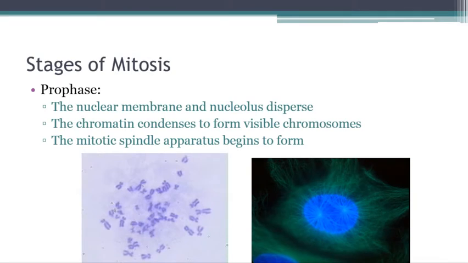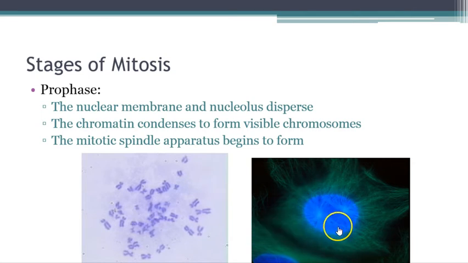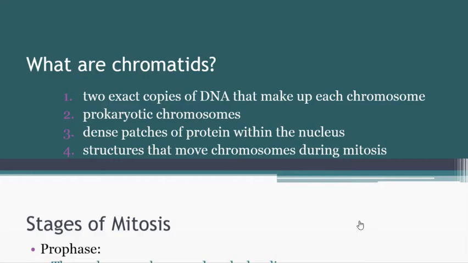The first stage or phase, you can call it whatever you want, is prophase. And this is where the nuclear membrane is going to disperse, right? It's going to break down, and the chromatin is going to condense, and you're going to get these nice little chromosomes here. They're visible. They look like that nice pair, little X thing. And then the mitotic spindle apparatus begins to form, and that is going to be what is vital. You're seeing here, this is the mitotic spindles, right? And so you've got the cell nucleus with the chromosomes and all this good stuff. So they're going to be vital in actually pulling the chromosomes apart, which we're going to talk about in a second. But here is your question.